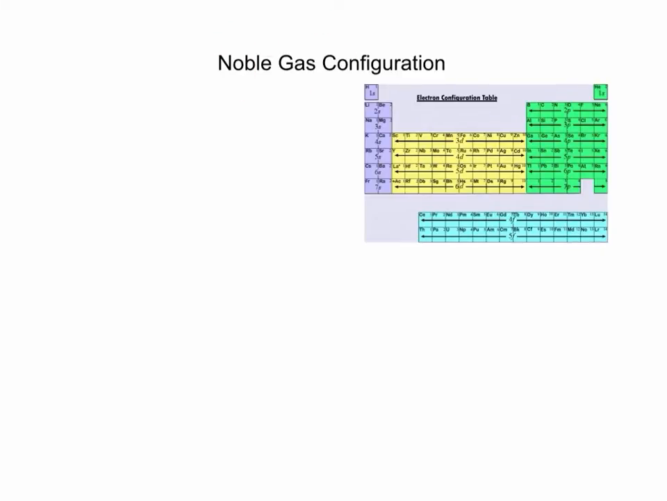So let's take an element such as calcium. And we need to write the electron configuration for calcium. Well, we could start from the beginning: 1s2, 2s2, 2p6, 3s2, 3p6, 4s2, and that's fine. But what we can also realize is that the electron configuration from the beginning, 1s2, all